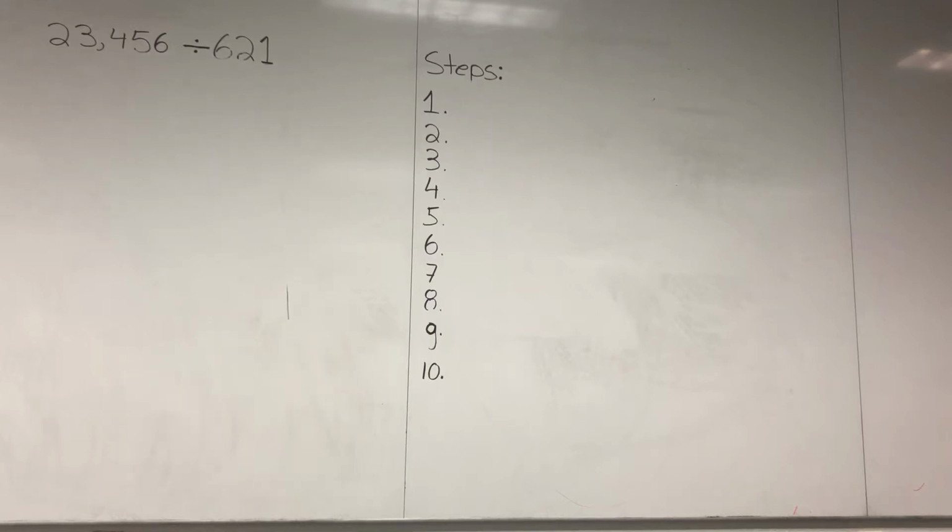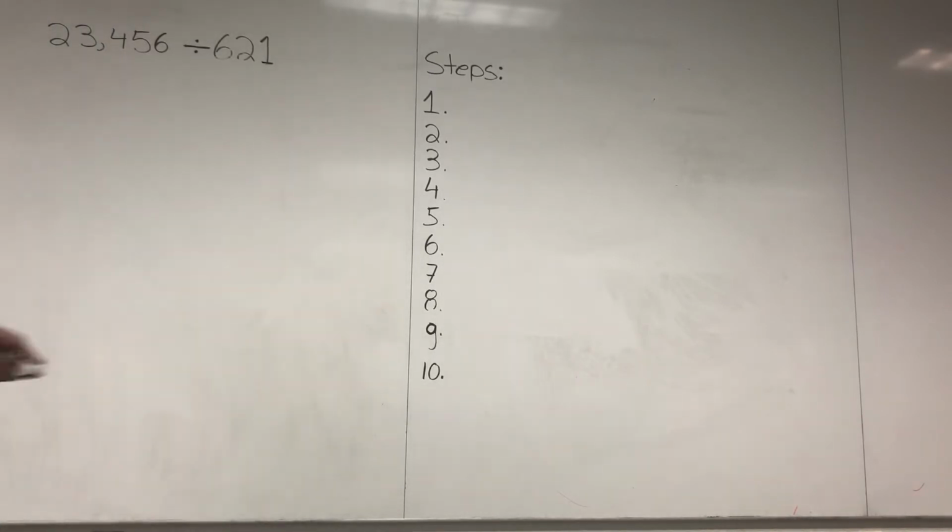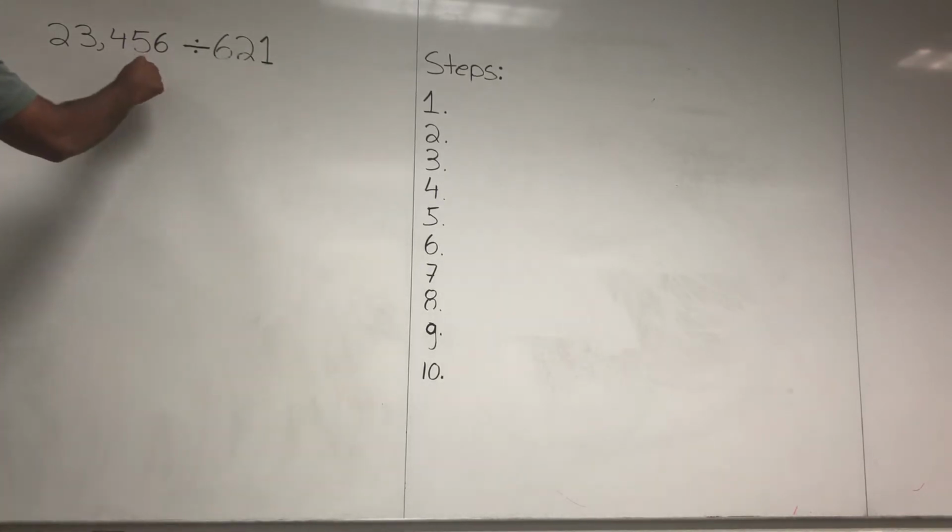Hello everybody. Today we're going to do some flag division, and the problem we're going to be working with is 23,456 divided by 621. So the way this method goes is you're going to start with two vertical lines,